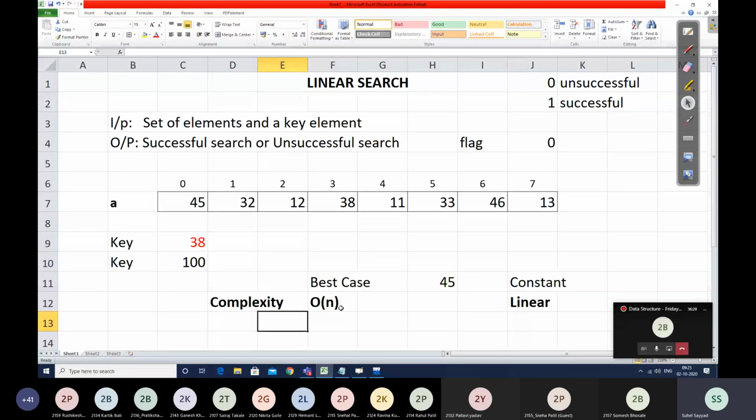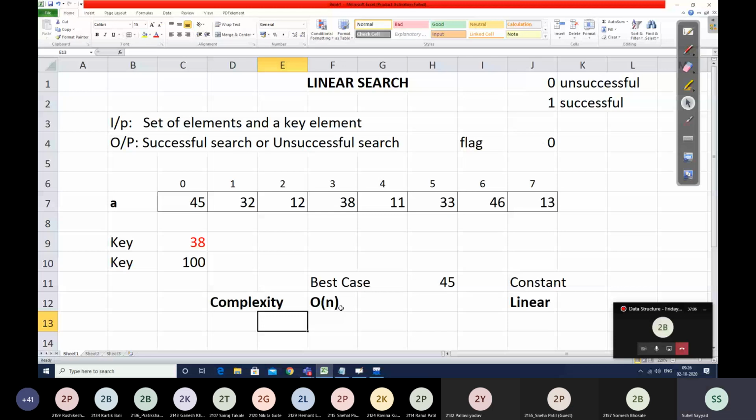In standard complexities, constant is written as 1, logarithmic as log n, linear as n, quadratic as n square, cubic as n cube, exponential as 2 raised to n, and then we may have hybrids also. Here the complexity is n, and that's why we write it as linear complexity.